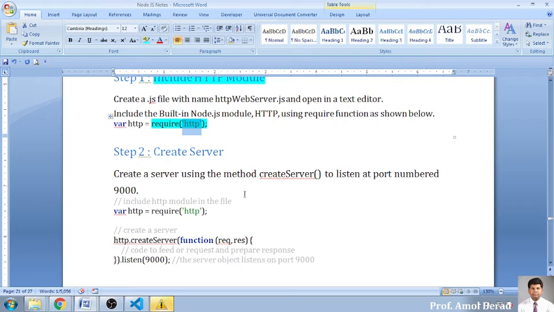Okay. Now, the second thing is important: create a server using createServer. This is the name of the function that will help us create a server. Create a server to listen to the port number. अभी server create होने के लिए we have to set up the port number. तो ये port number हमें बताना पड़ेगा. Now this is a number that should be greater than 1024.